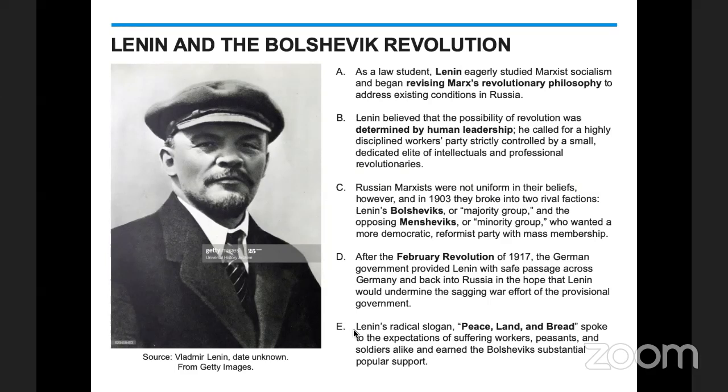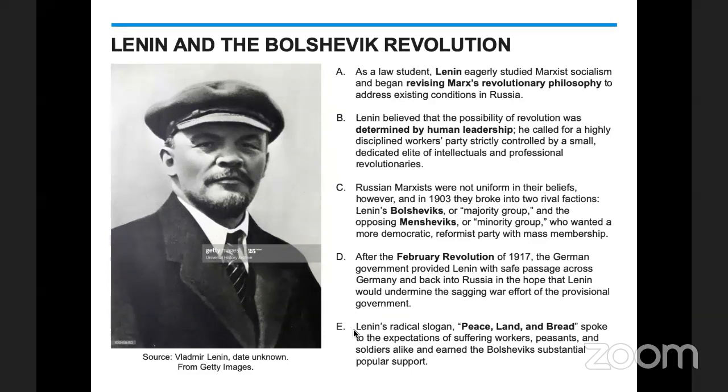And Lenin looks at this and he says, yes, I believe workers need to unite. I believe they need leadership, though. He looks at history and he says, anytime there has been great change in history, it's been led by people, not by masses. And so he says they have leaders, and this is what we need. We need determined human leadership. And he also wants a party, a small, dedicated elite group of individuals, what he will call professional revolutionaries, to lead the march. I think it's really interesting that we keep that in mind, that he says these revolutions need great leadership for proletariats.